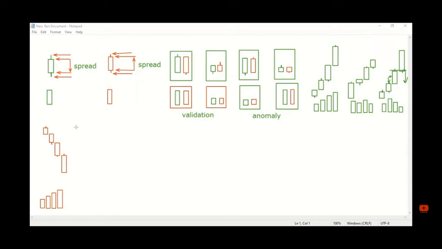So it may happen like this also. First, second, third, fourth. When the market is like this, this one first, this one second, this one third, and this one fourth. So it's also okay,